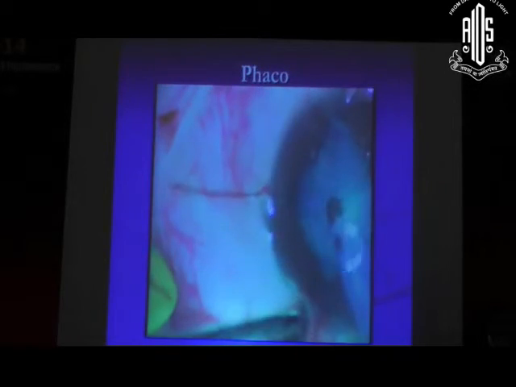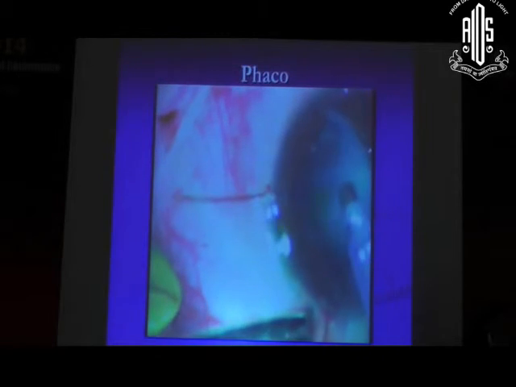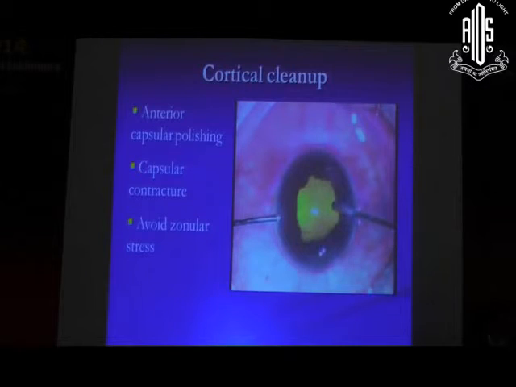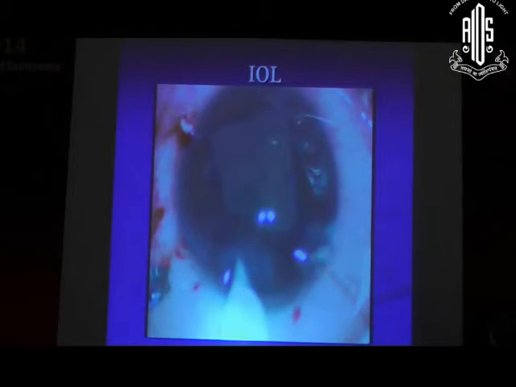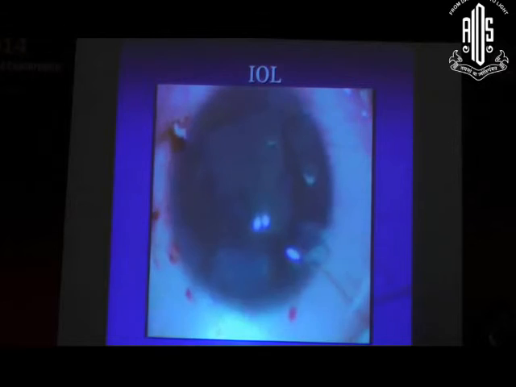Now, lens aspiration fortunately in children finishes rapidly, and we move on to the part of cortical cleanup and primary posterior capsulotomy. A good cortical cleanup is required in patients with uveitis, and once the posterior capsulotomy is over,